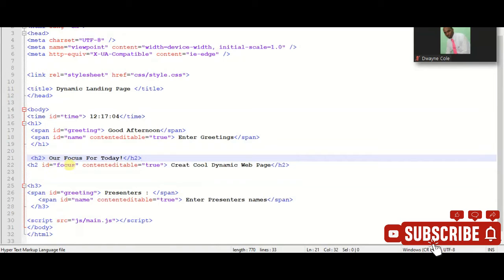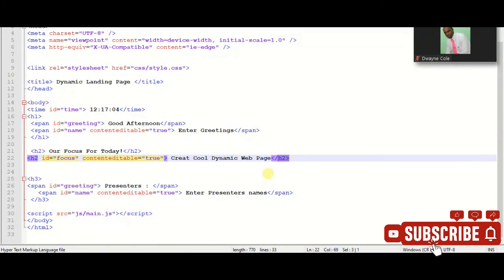I have H2, and my ID focus, my focus ID, I am setting it to be contenteditable, which should be true, and I just type straight in to say create cool dynamic web page, and I would have closed my H2 header at that point. So far we have used two contenteditable. Next, I am using an H3 header, which is going to be smaller than my H2, and I'm saying for my span ID